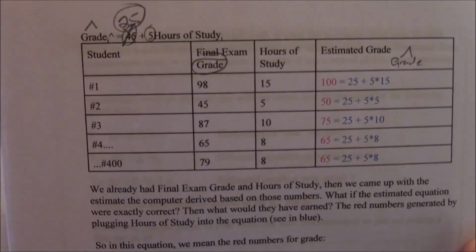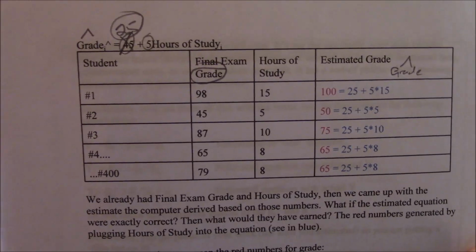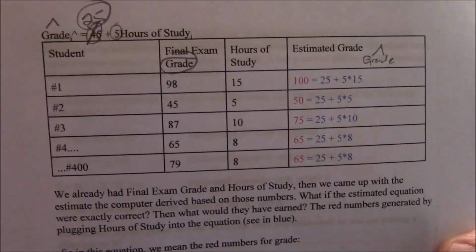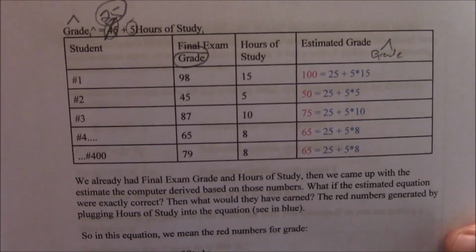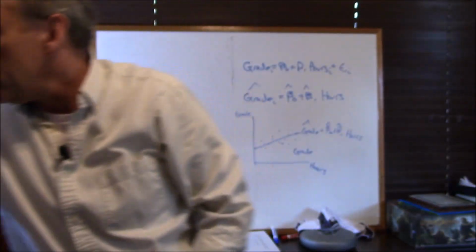All right. So on the far right are the grades with the hat over them. And then on the left there under final exam, that's what they actually earned. All right. So notice that what they actually earned and what we estimated them to earn are not always the same thing, and surely they're not going to be. It's going to be a coincidence where we end up with the same one. Now,